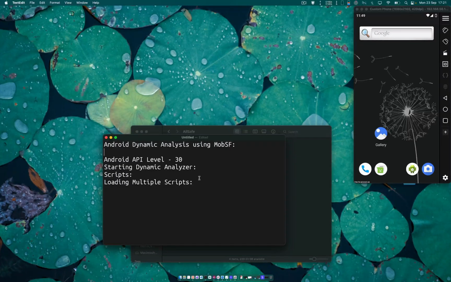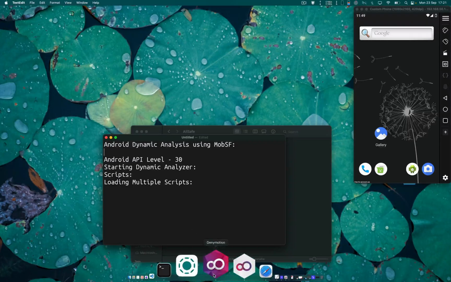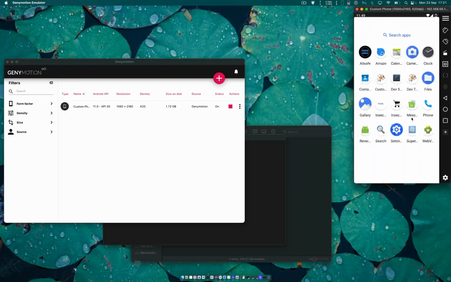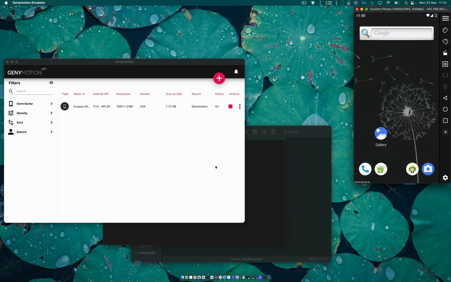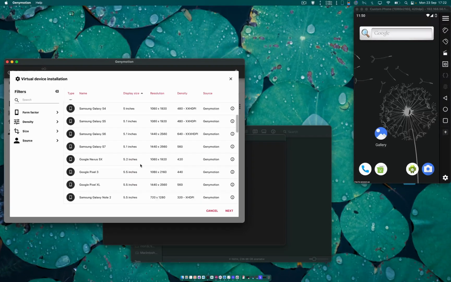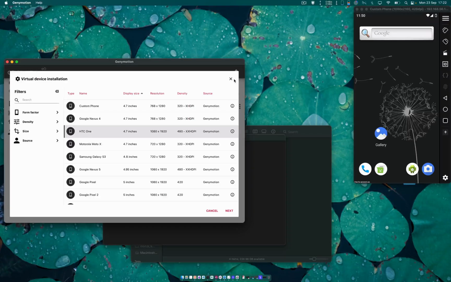Number one, we will need the Genymotion emulator. As you can see, I already have created one emulator, which is a custom phone basically. You can use any. Once you click on this plus button, you will get a lot of options, such as you can create a custom phone, Google Nexus, HTC, Motorola, Samsung, Pixels and whatnot. So you can choose any